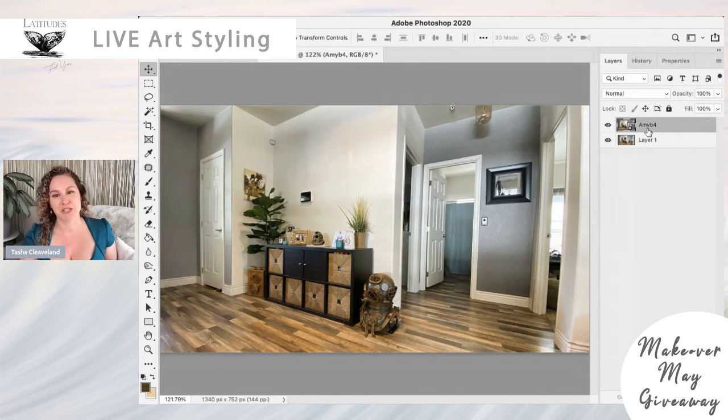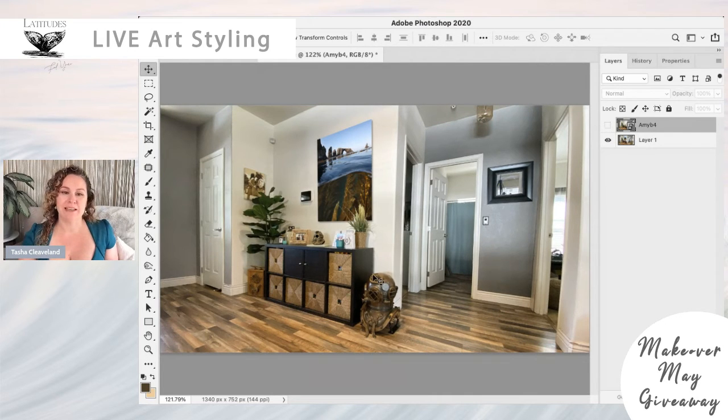This is a submission from Amy, and I'm not doing a live rendering because it was pretty simple. We'd already talked about how to work around an object on the wall when we worked on Brian's room with the light switch. And so she's got her little nest switch right here, and we're going to leave that alone. And what I ended up doing was incorporating his love. He's a Navy diver, and I incorporated his love of the ocean and diving at Anacapa in this beautiful over-under